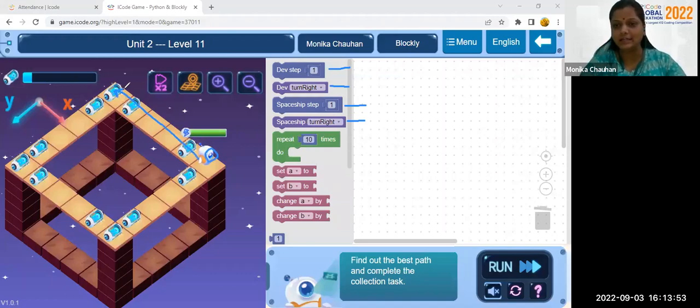I can directly move in the reverse direction because Dave has the feasibility that he can move in the reverse direction by using the minus sign. After reaching this side, I just need to take a turn in this direction. Fine. And then when my Dave is here, he needs to take a turn in this direction and he can move here. After that, my Dave needs to move here, right? So what we have to do,